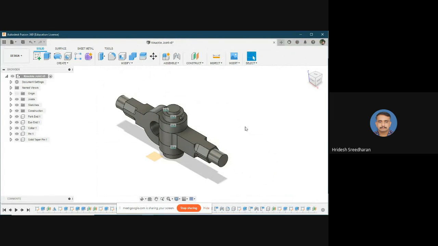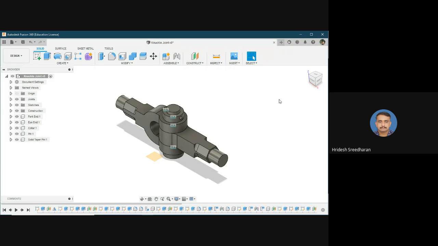Okay. So, during the morning session, we saw an overall view of the Autodesk Fusion 360 software environment. We also did some modeling exercises, two or three demos, and also a sheet metal product. Then we did the flat pattern of that product and how to convert it to a 2D drawing. That means drafting was also demonstrated in the morning session.